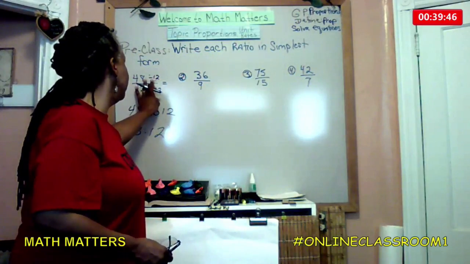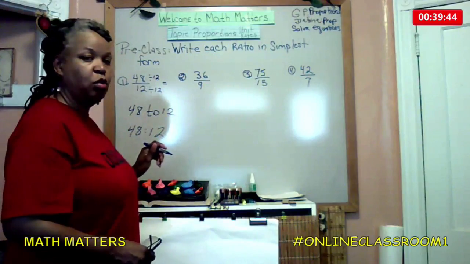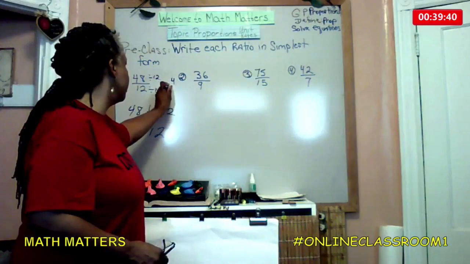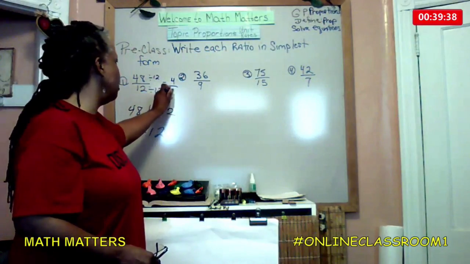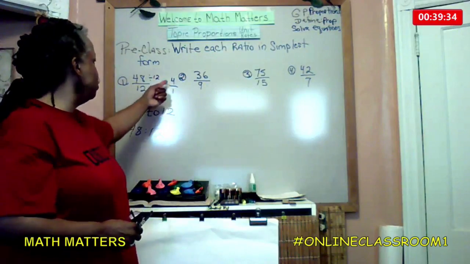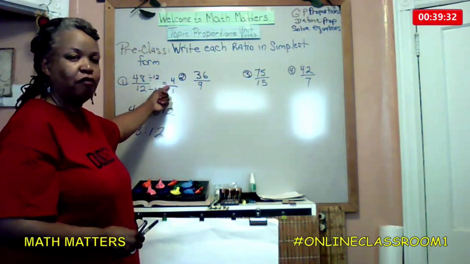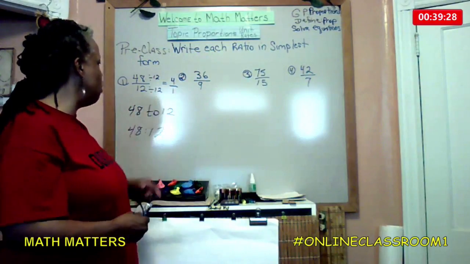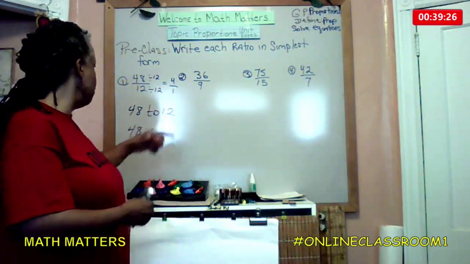And my equivalent ratio will be 48 divided by 12 is 4. 12 divided by 12 is 1. My reduced or simplified form of my ratio is 4 over 1,